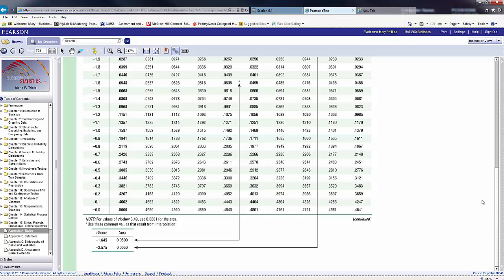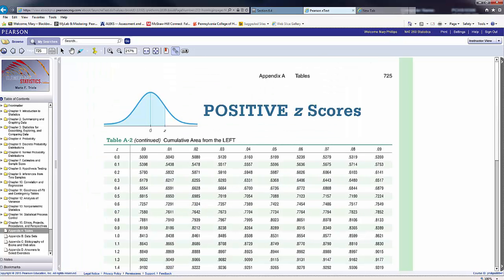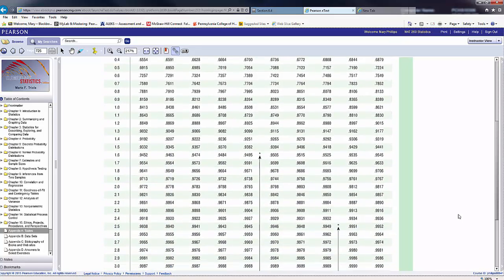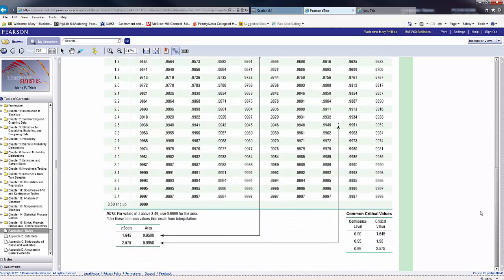So I want to also look for an area of 0.95. So let me go to the next page of the table. And so I'm looking in my z-score chart. And again, I get this little asterisk. Right between these two values would be exactly 0.95. And again, that's taken down to the bottom of my z-score chart. And I see it is the z-score